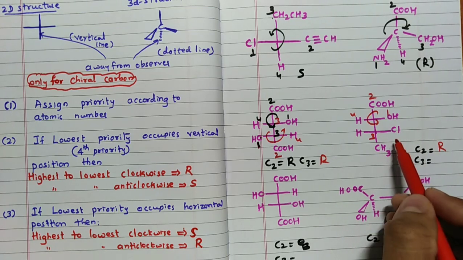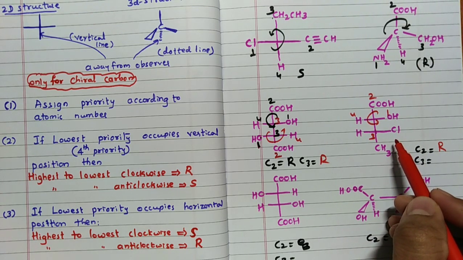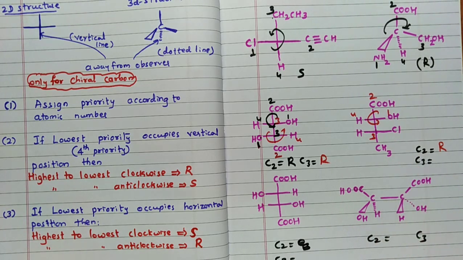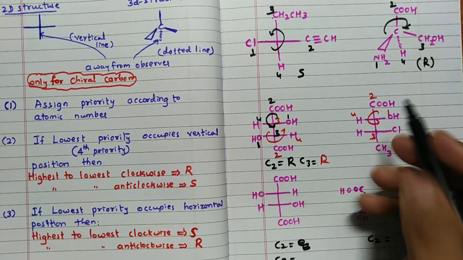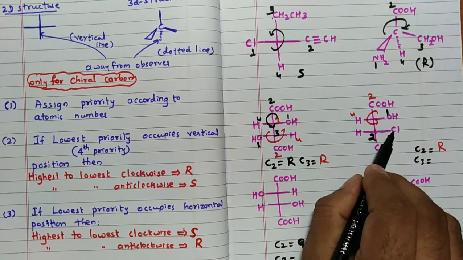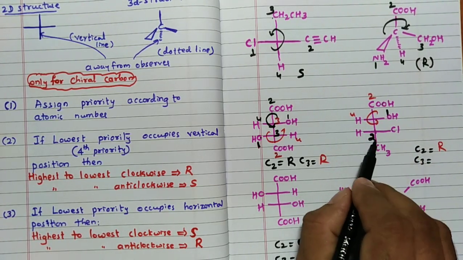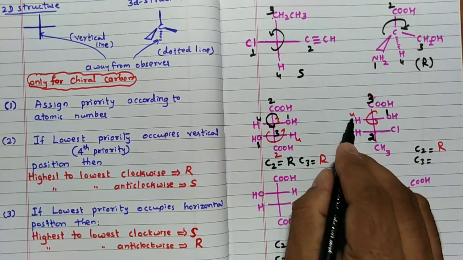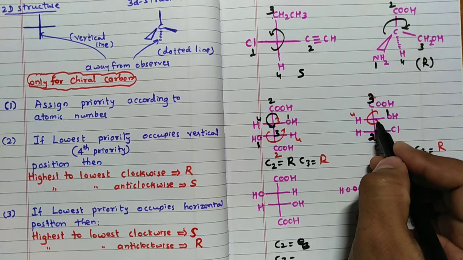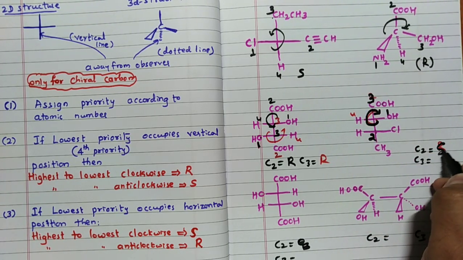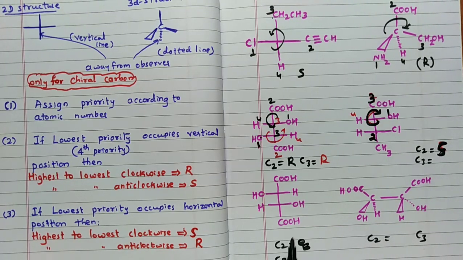Now here, sorry, Cl is there. Priority is wrong here. I will write the priority here like this. First priority. Second priority is this, because here Cl is attached, not oxygen. So second priority is this, first priority, second priority this carbon, third priority is this, fourth priority is this. So 1, 2, 3 in this direction. Remember, this direction means S, not R.